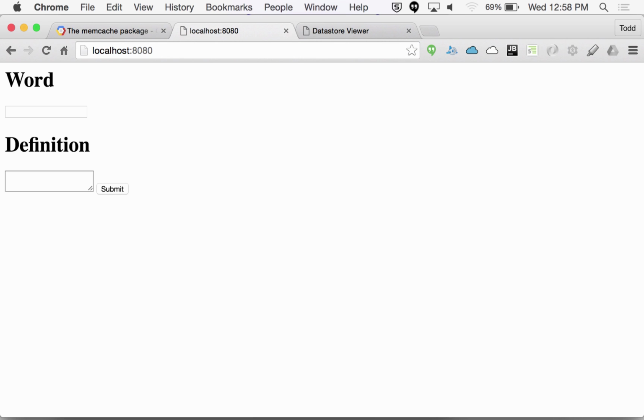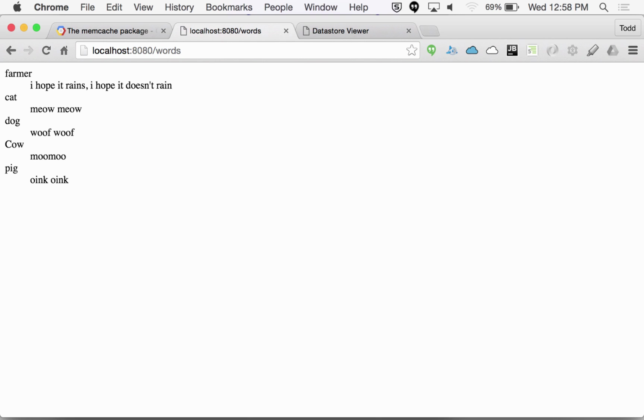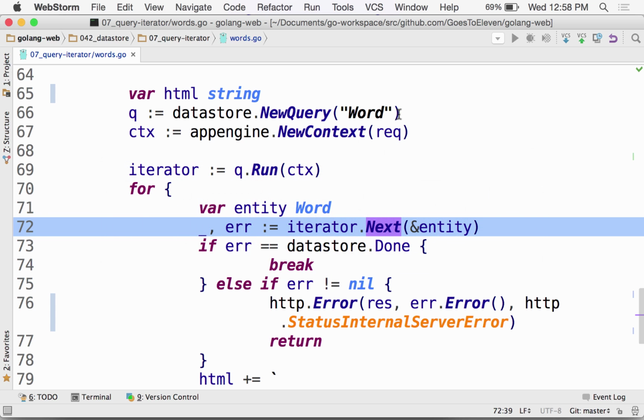So slash words runs the query. The code has no idea what the words are. We just run a query, say, hey, give me all the words. And on this query, you could add a dot